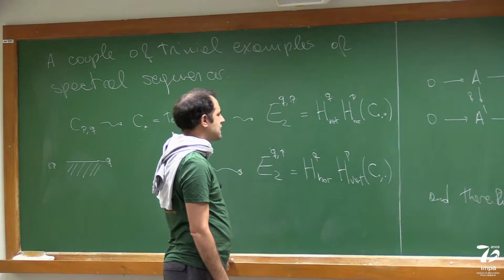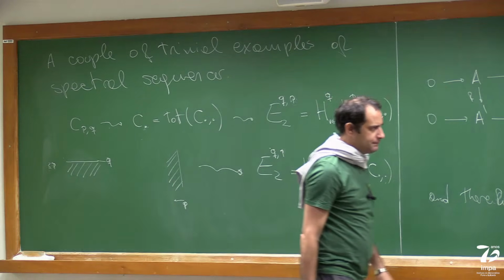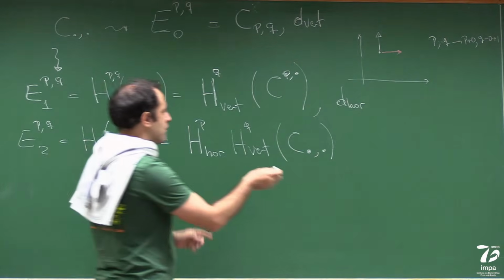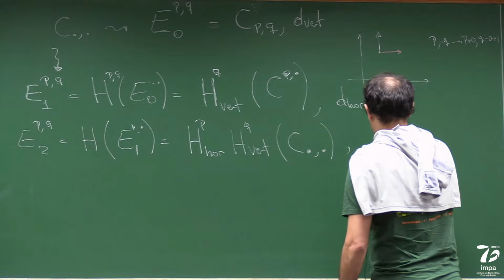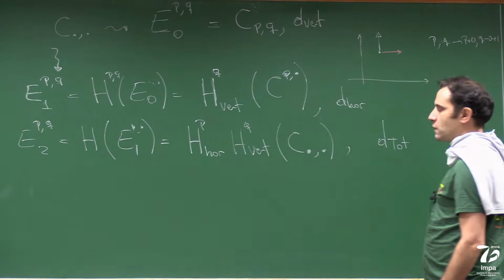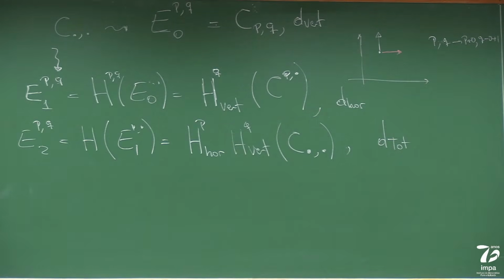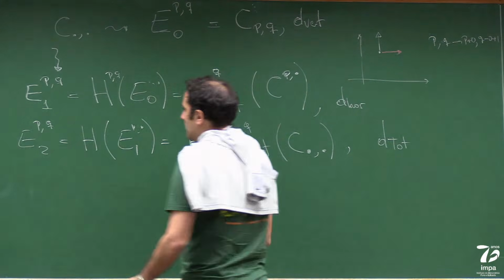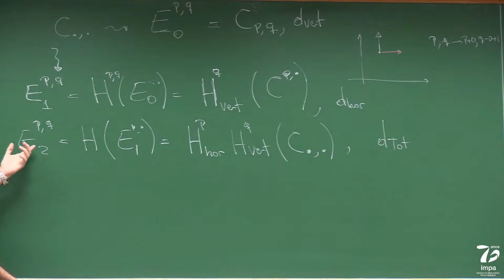It's not clear if the same is going to happen here. No, that's fine. So we've gotten the C2, and the differential here is just coming from D on the total complex. I mean, it's D of the total complex restricted to that corresponding filtration of this C2. But okay, so let's work this out.